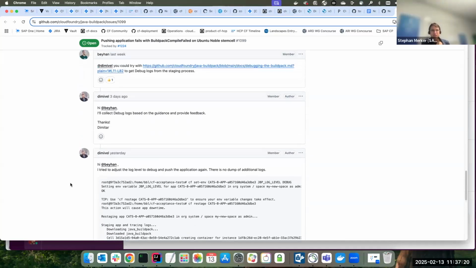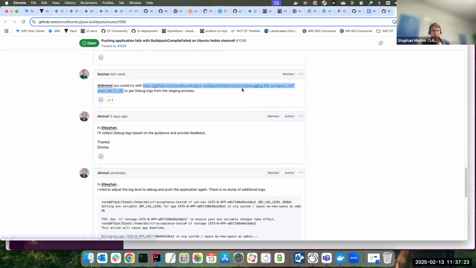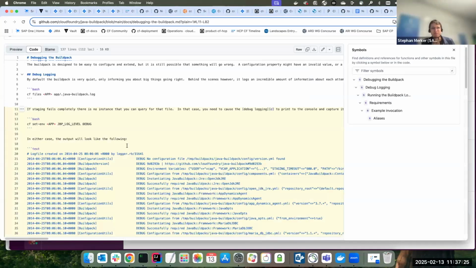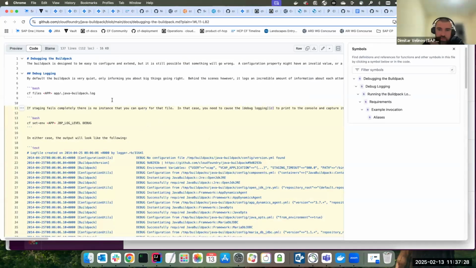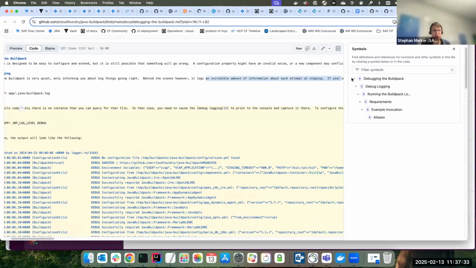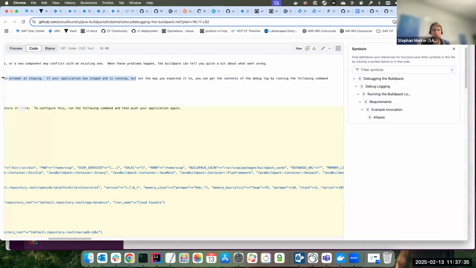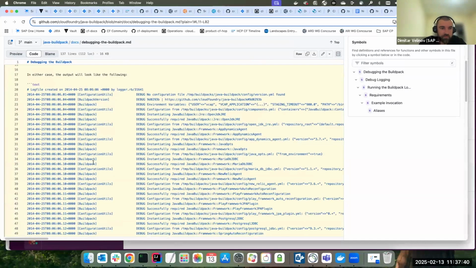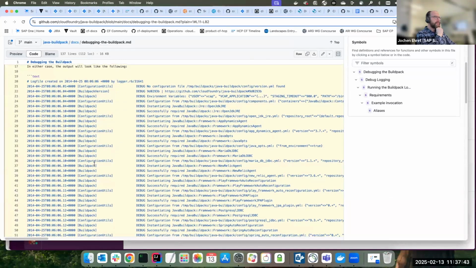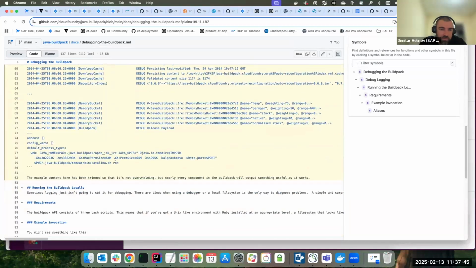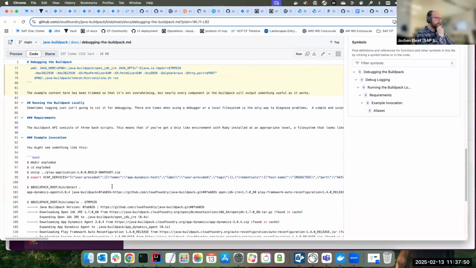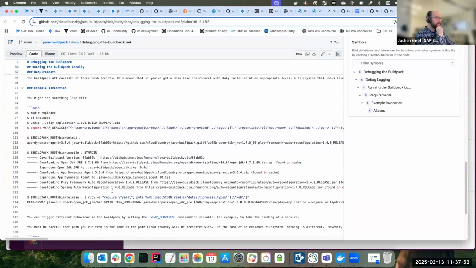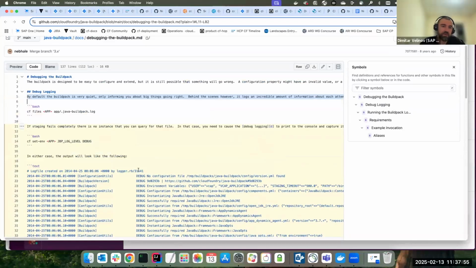Yes. I don't know, but there's a buildpack log. Java buildpack is always a little bit different. But I tried debugging, the JBP log level debug, to change the log level. Tried with that one, but the additional logs were not there.